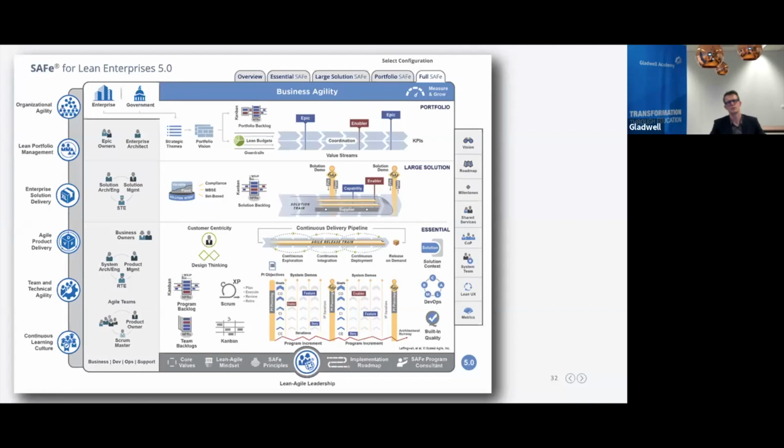I don't think there's a specific course yet. We are working with Scaled Agile to come up with courses. For instance, for an enterprise, we will build a SAFe for Teams course for engineers, for hardware, electronic engineers, for instance. So probably there will be a course coming up for more business-oriented people.